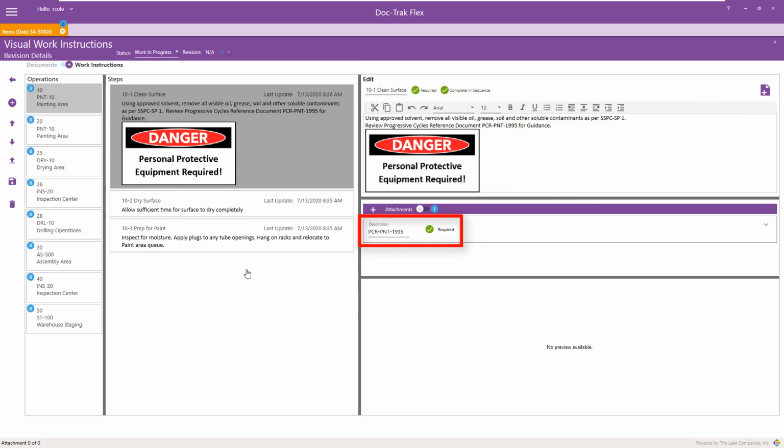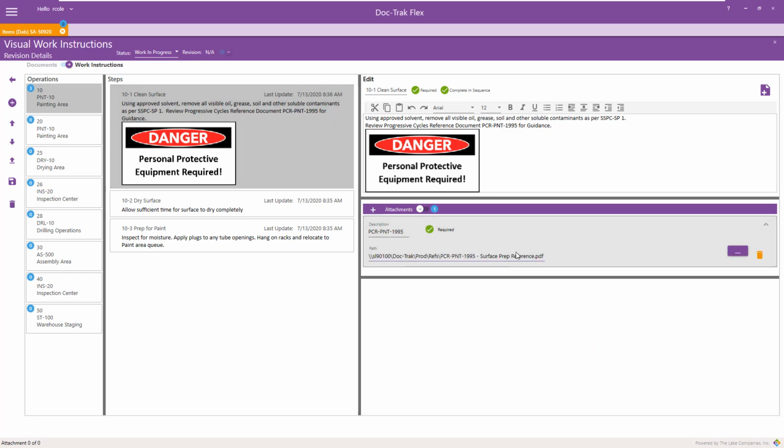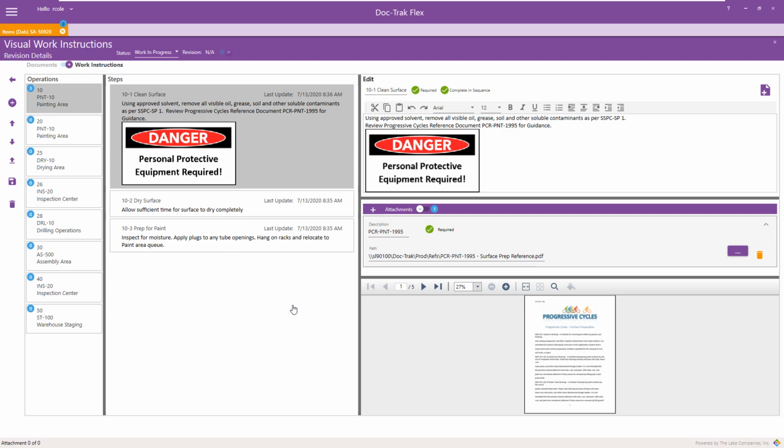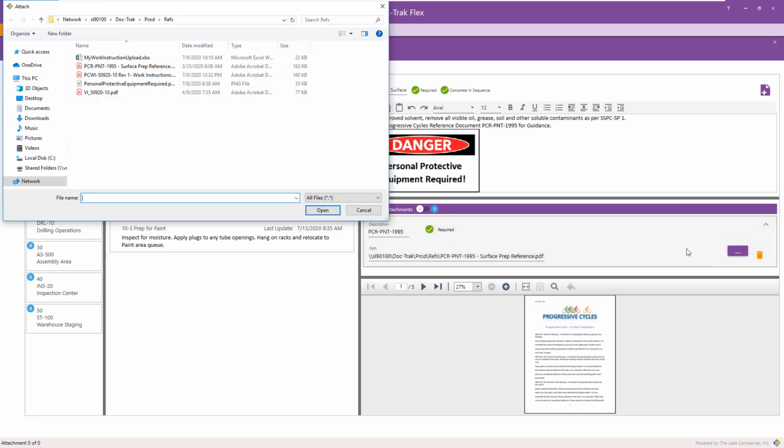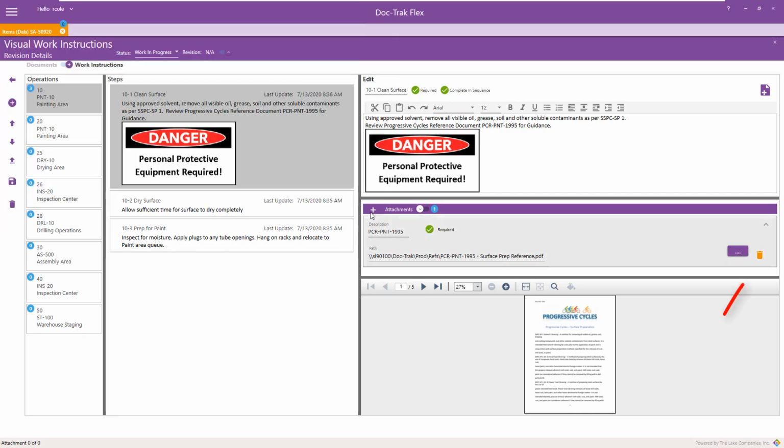I also see the attachment description. Selecting this down arrow in this section will show me the path for the attachment. And since this is not approved yet, I can still use my browser to change it or delete it altogether.